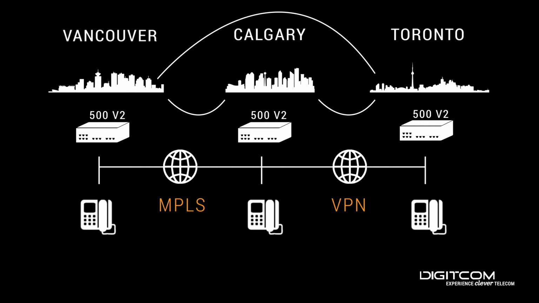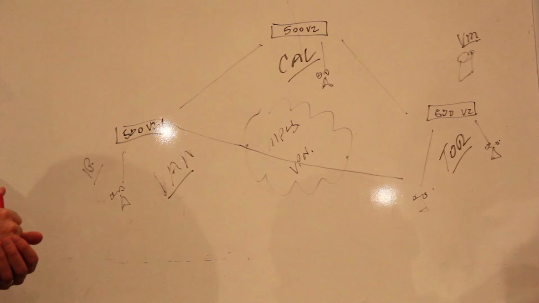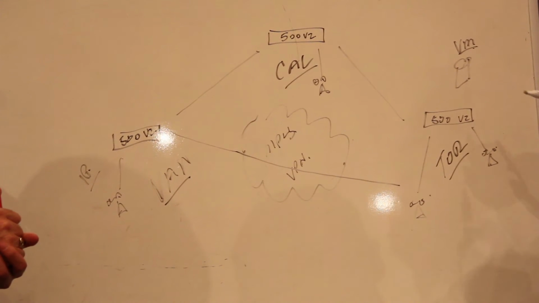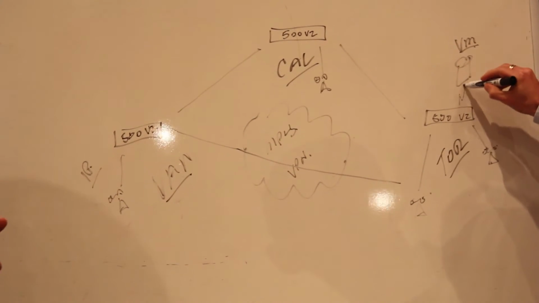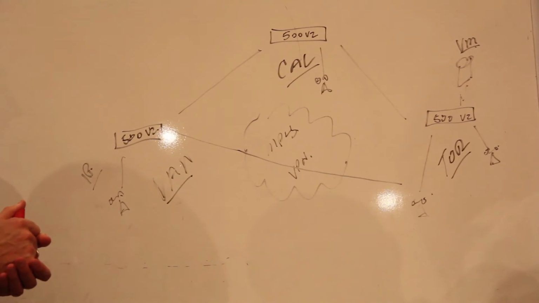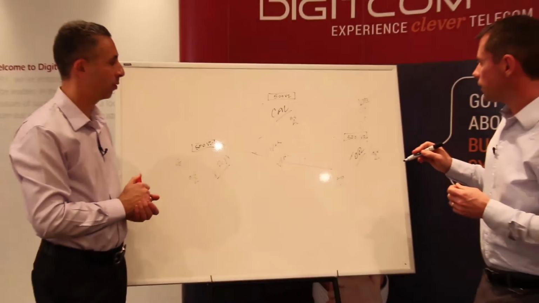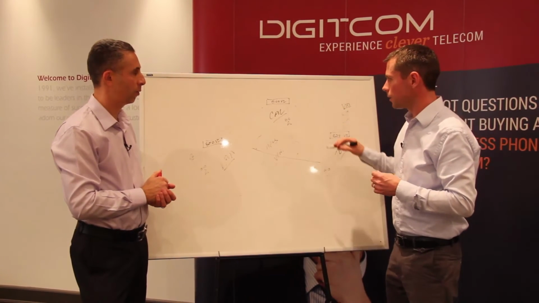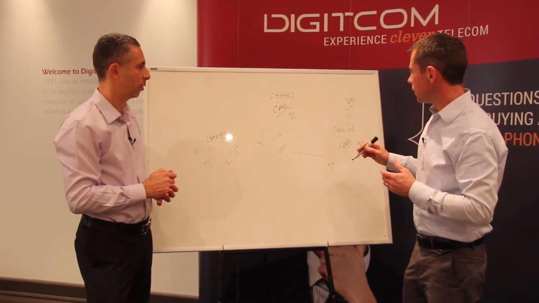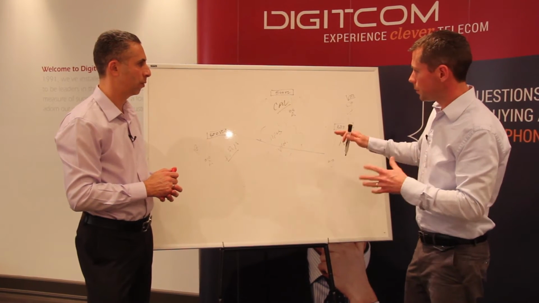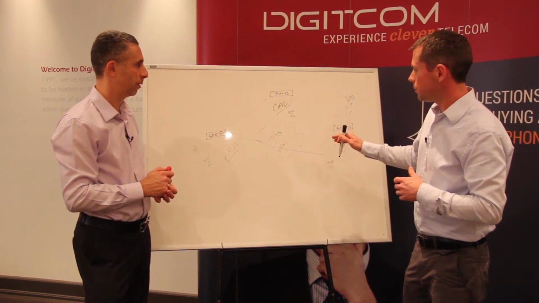Our voicemail server is going to be here in Toronto. And somewhere in the future, I'd like to introduce a second voicemail server as well. But right now, I only have one voicemail server, and it's connected in Toronto. What I would like to happen is if one of our links, say the link between Toronto and Calgary or between Toronto and Vancouver, goes down, I would like Toronto's phones to be able to fail over to